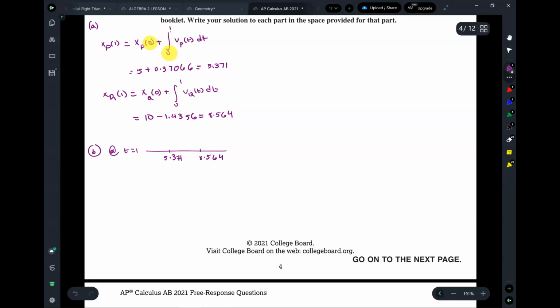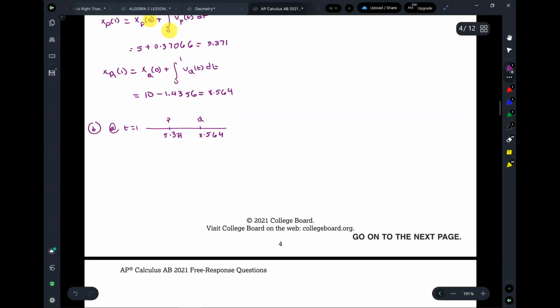Yes, okay. So what Emmy is saying is this. This is P and this is Q. At t equals 0, P was at 5, now it's at 5.3. This was at 10, now it's at 8. So clearly they're moving towards each other, and that's the reasoning. Absolutely, you can explain it like that. What we're going to do, however, is